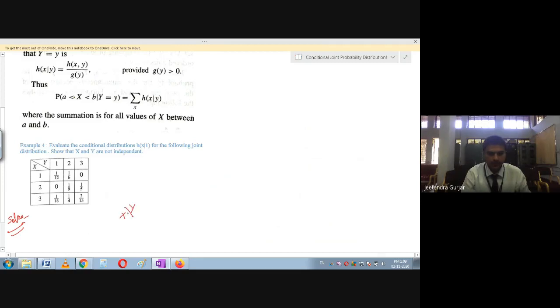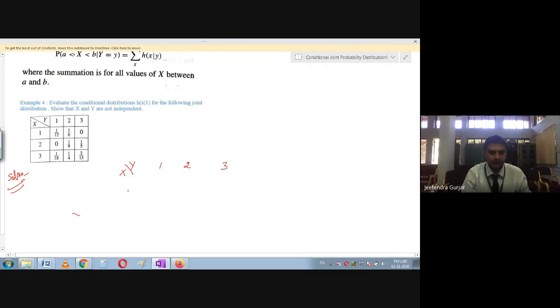So first I am going to take here again the joint probability distribution or bivariate table, that is 1, 2, and this is 3. Now next, if you just see, we take here 1, 2, 3 as given in the table. Then we can see here sum of row will give you the marginal distribution. That is, if you add this value, that is 1 divided by 12, which is given in the table. If you add this value, you are going to get this as 1 upon 4, student. You can calculate in the calculator directly.